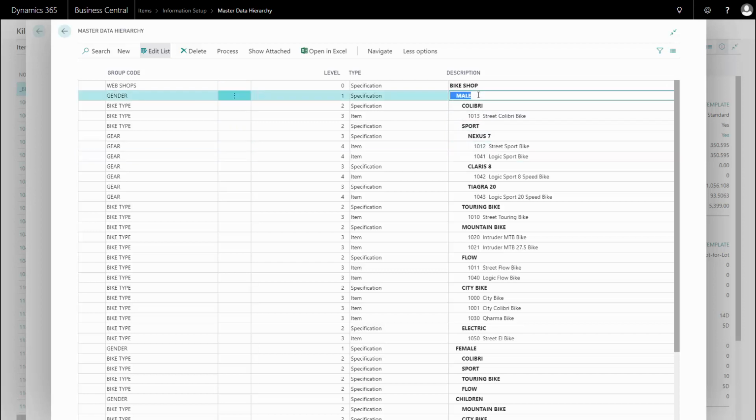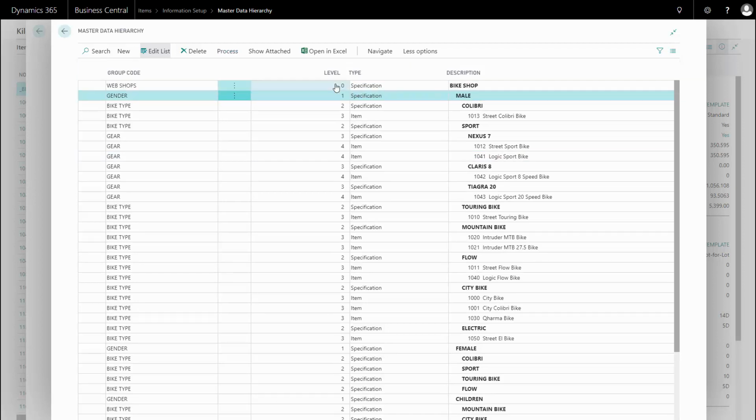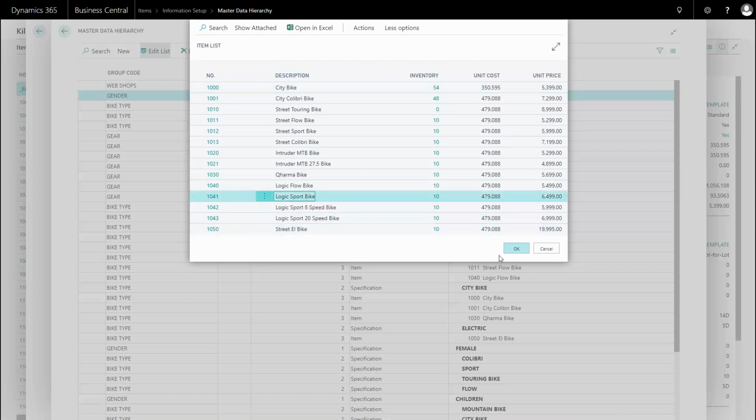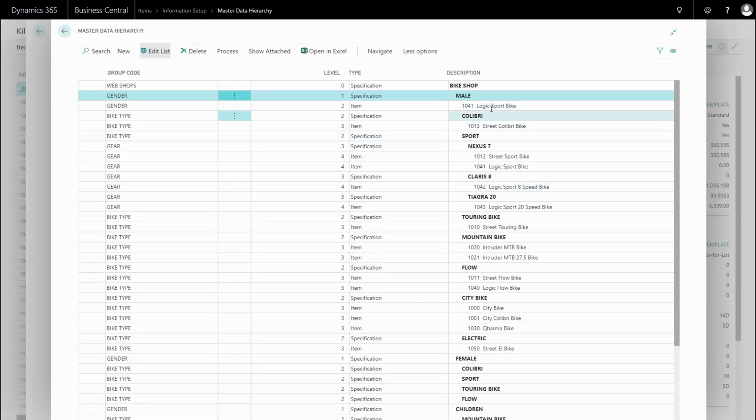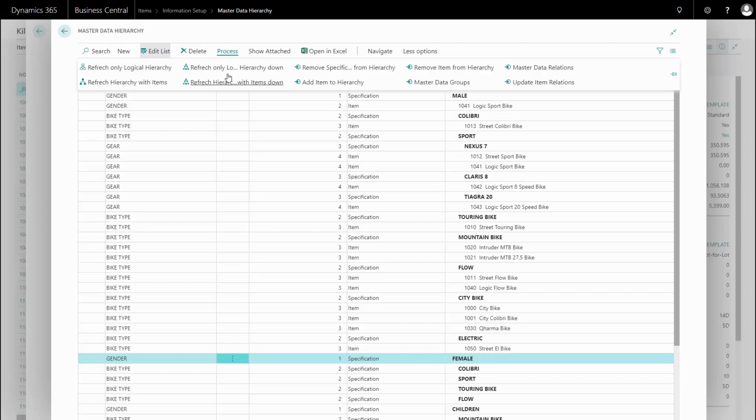So I can just place myself up here, and from my process I can add items to the hierarchy, and the item of course needs to fulfill the criteria for the place I'm adding it in the hierarchy. So this is a filtered view. I can also select the items here that respect those master data information, and by pressing OK now it's added here in the hierarchy. And when I refresh my hierarchy, just to show that it's working, of course, if I